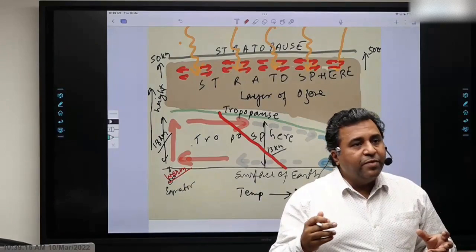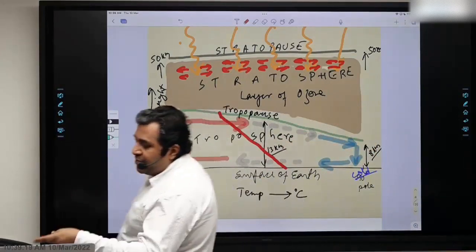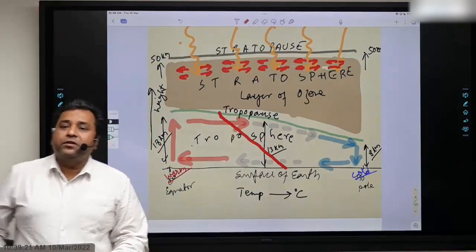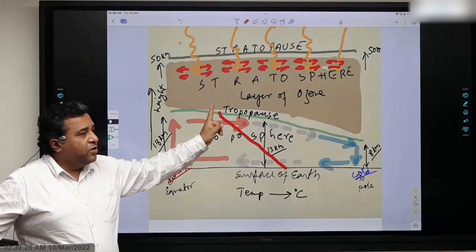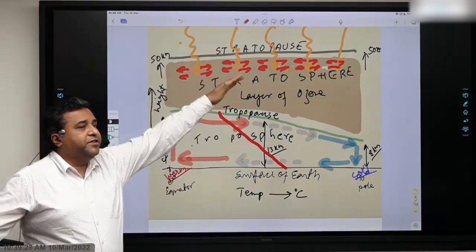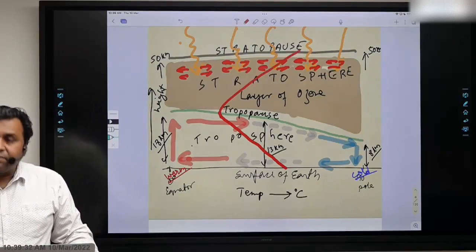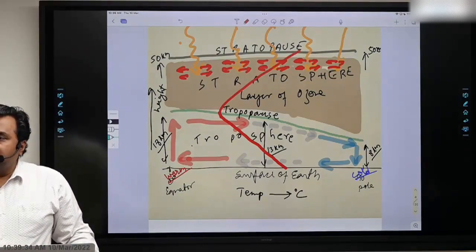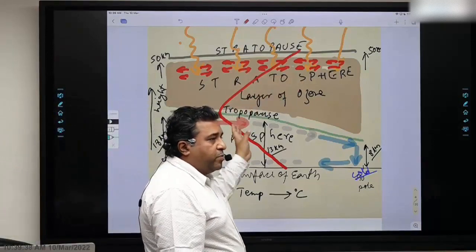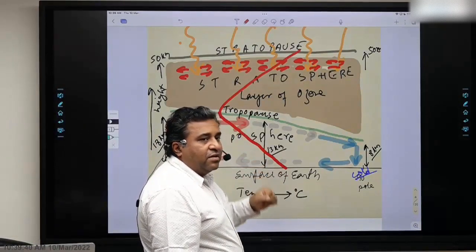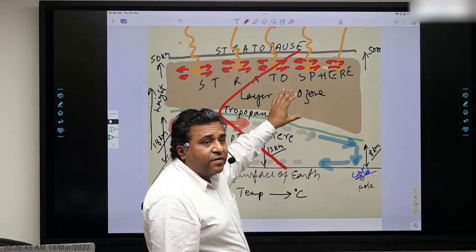So which region will be hotter? So if I make the temperature graph for temperature here, how should it look like? As the height increases, temperature should be constant, reducing or increasing? So the graph will become something like this. है ना? So in the stratosphere, the temperature graph is different. In the troposphere, the temperature graph is different. This is why this classification is on the basis of temperature.